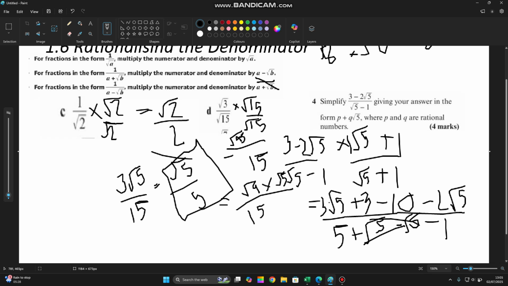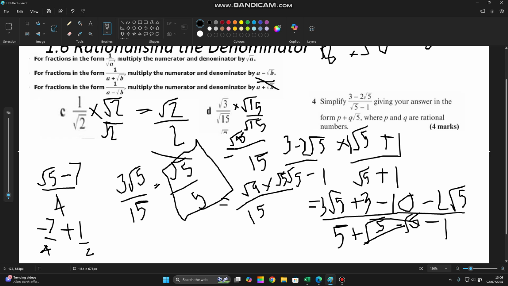And also, last one here, 3 root 5 minus 2 root 5. That will just give us root 5, because in these cases we have the same number inside the square root, we can actually subtract them. So we get, I'll just write it over here, root 5 minus 7 over 4. And it said it wants it in the form p plus q root 5, where p and q are rational numbers. So we can write it as minus 7. We can just flip it around, by the way. Same thing. Plus 1